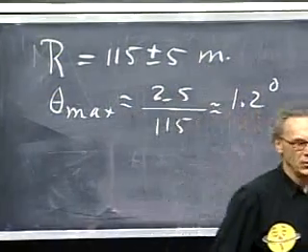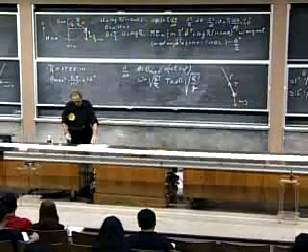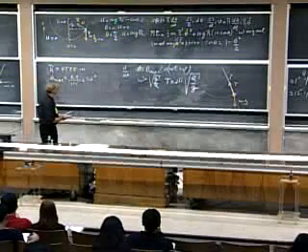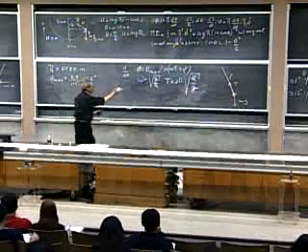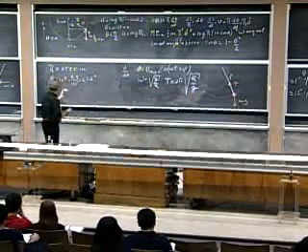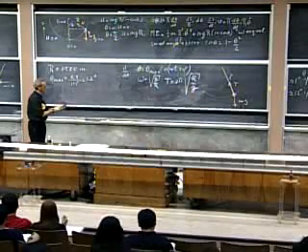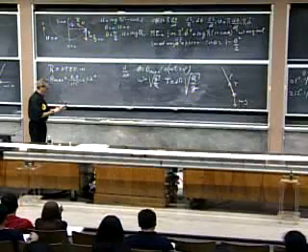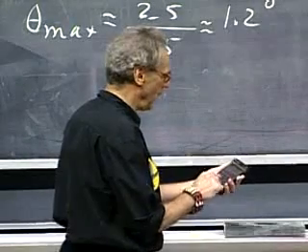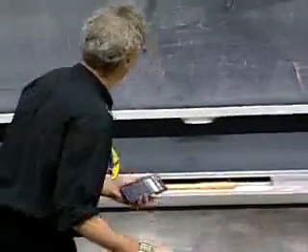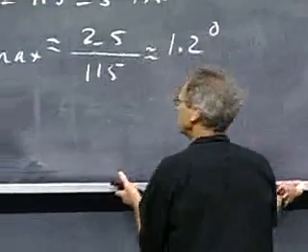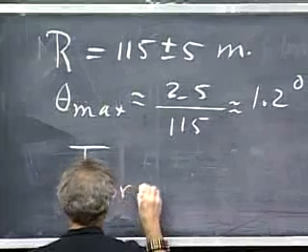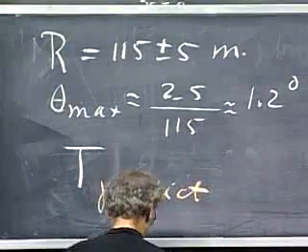So the angle is very small, so we should be able to make a perfect prediction about the period. And I'm going to do that. I take 2 pi times the square root of r over g, and r is 115. I divide it by g. I take the square root, I multiply by 2, I multiply by pi, and I get 21.5. T, and this is a prediction, equals